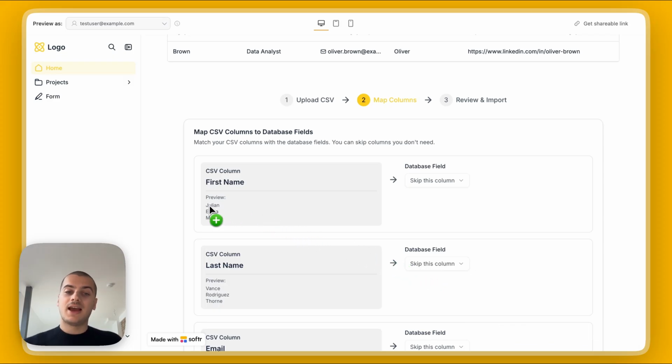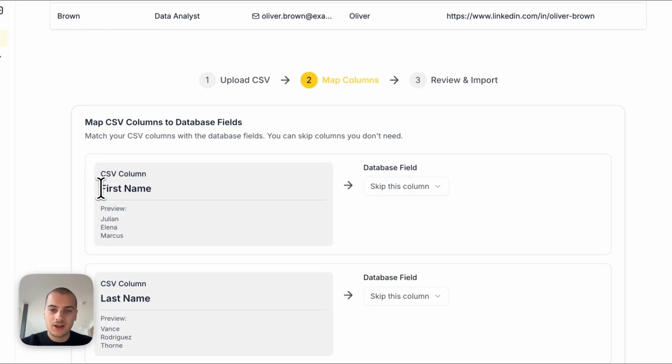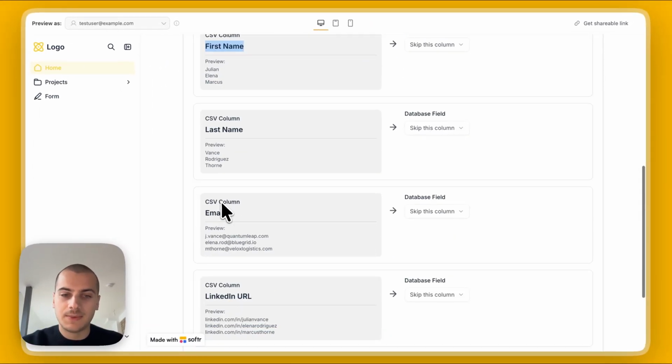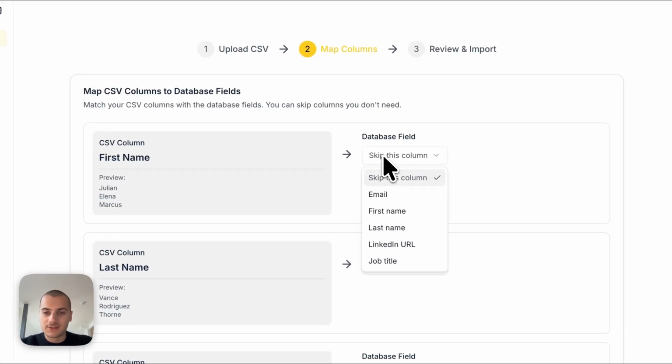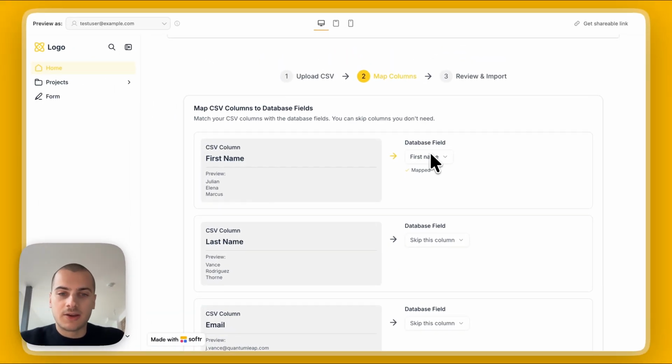I love that it's actually thought about showing previews of values. So we have our CSV column here, last name, email, etc. And we have a preview of 3 values, which really helps us understand what was in there so we can map it in the destination. So right here. Now, something that I noticed that could be interesting to improve is to actually tell